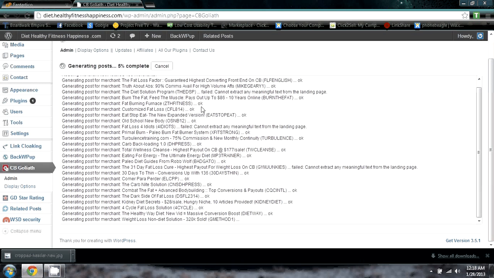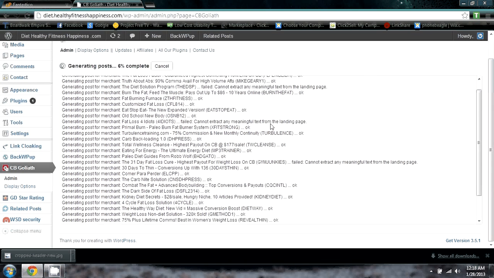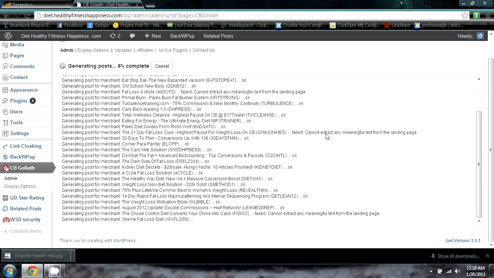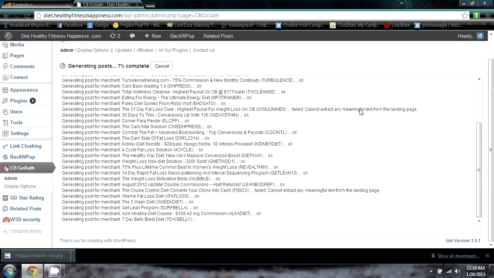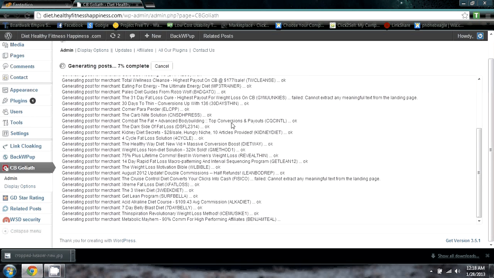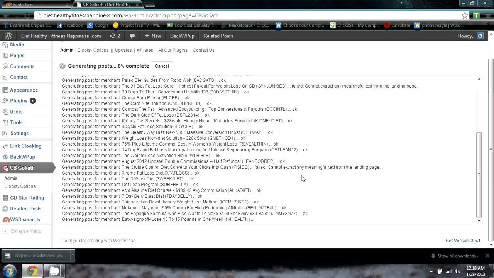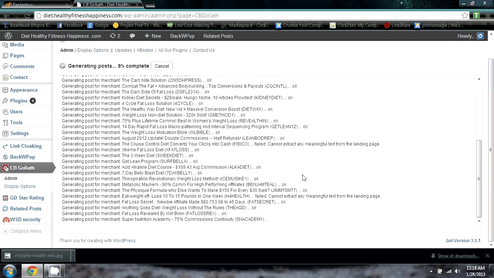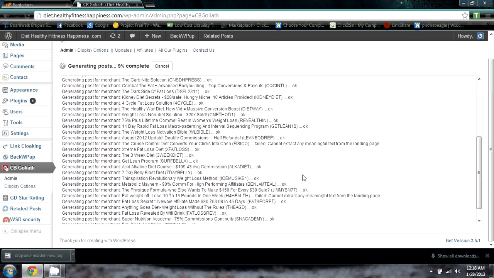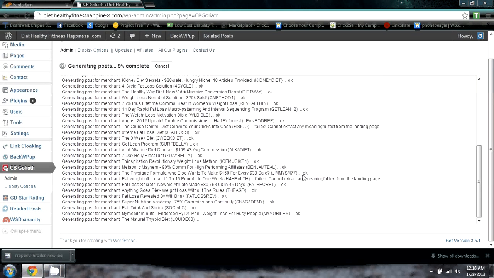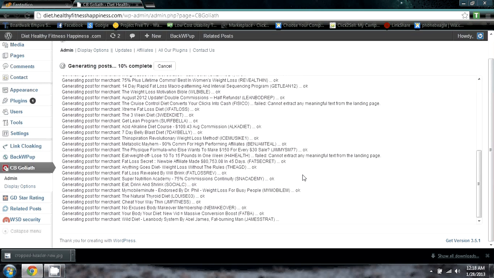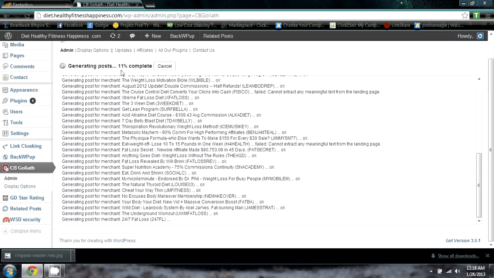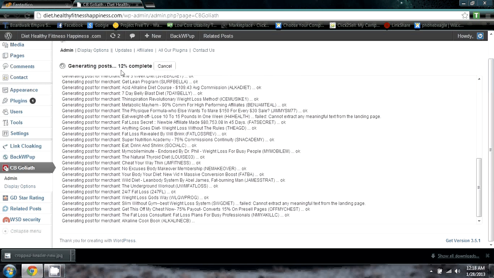And if you see out to the right here, okay. And this one here failed. It couldn't extract meaningful text from the landing page. That means they didn't properly set their thing up, so their loss. And if they had all these plugins implemented, then maybe it would have corrected that for them. Now you see it's only 11% done. It's going to be a while